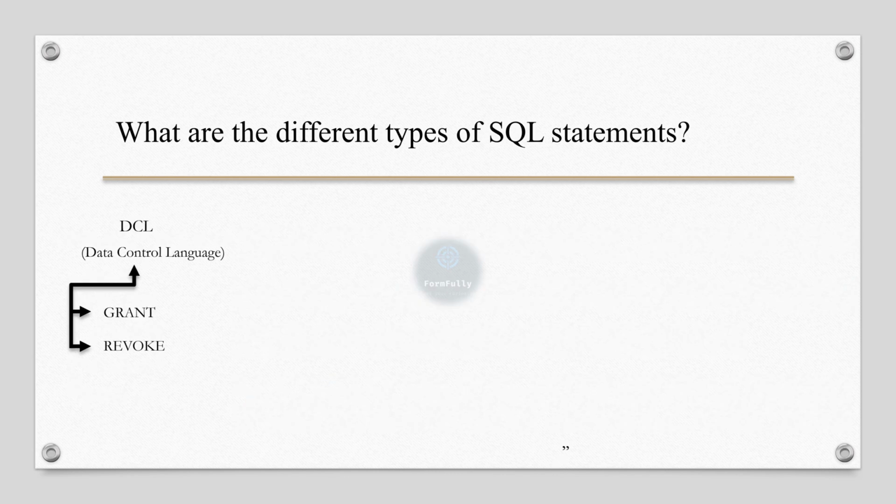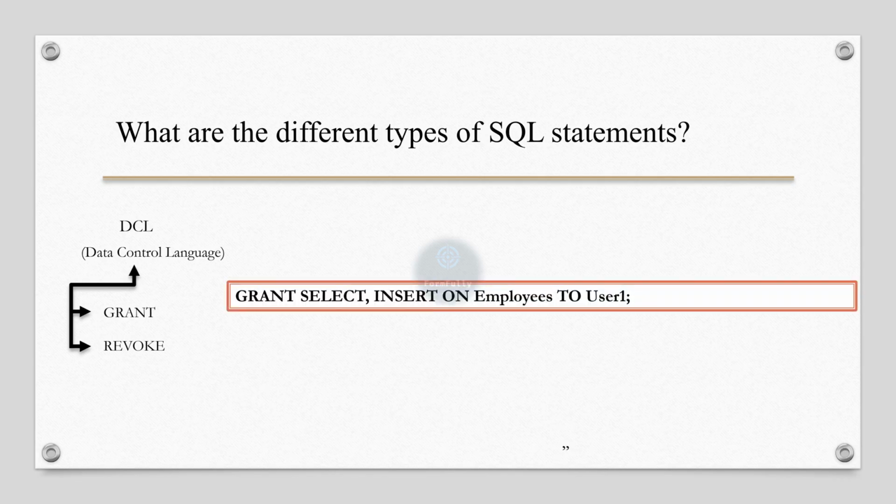Next is the GRANT command. The GRANT command in SQL is used to provide specific privileges to users or roles. This can include permissions for executing queries, modifying data, or administrating the database. The basic syntax of the GRANT command is GRANT privilege type ON object TO user. So in the given example, we are giving permission to read data and to insert data